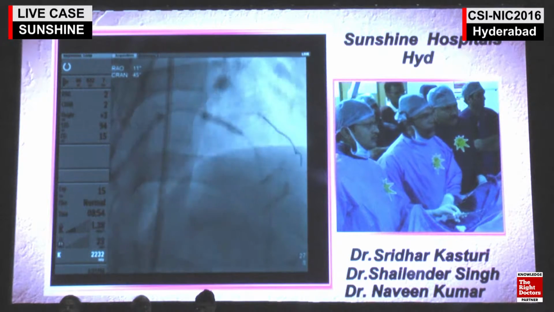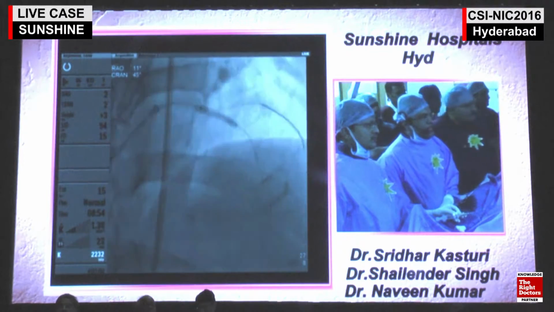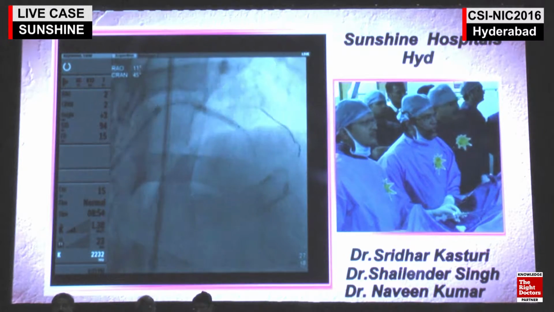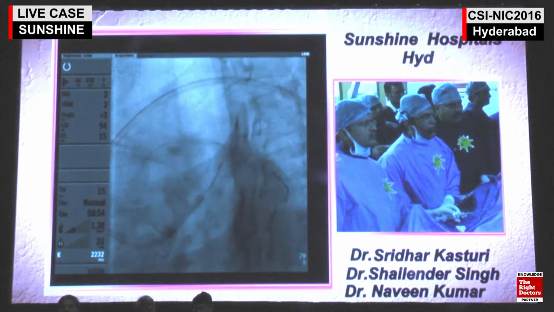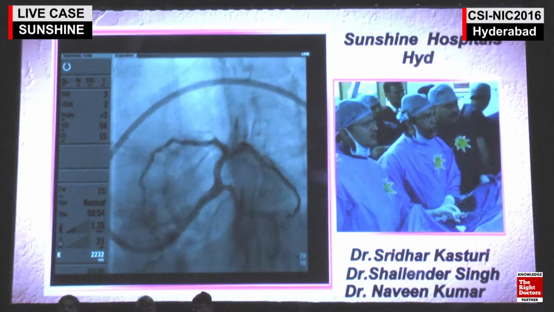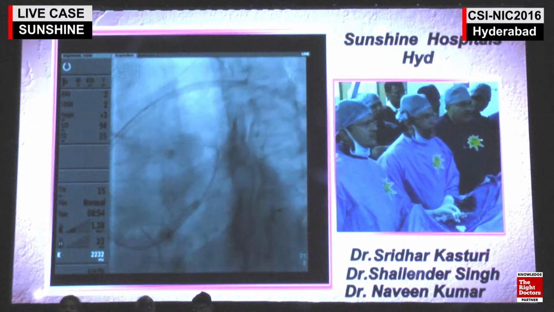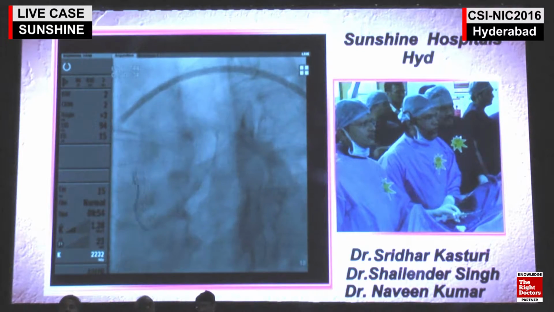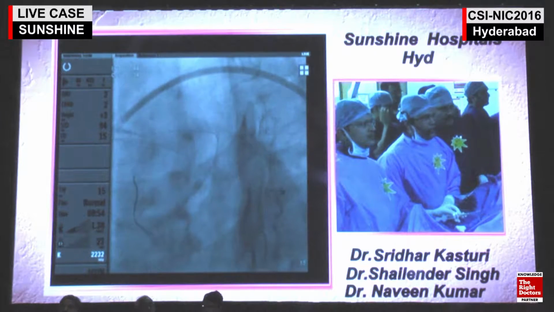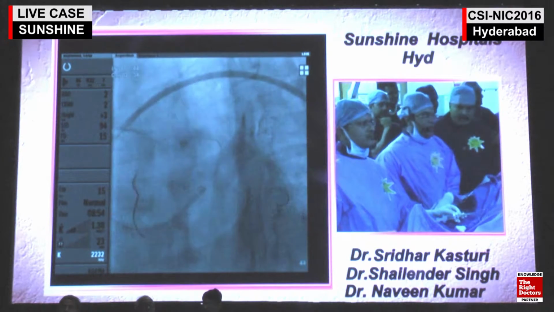You can see the 2 markers of the BVS already implanted. Post dilatation was done with a 3 to 15 mm balloon, and again post dilatation of the BVS of the diagonal with a 3 to 8 mm balloon. So now we'll be implanting the BVS to the LED.